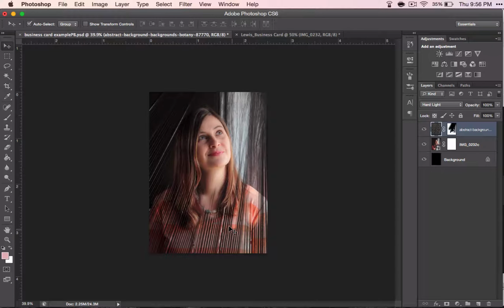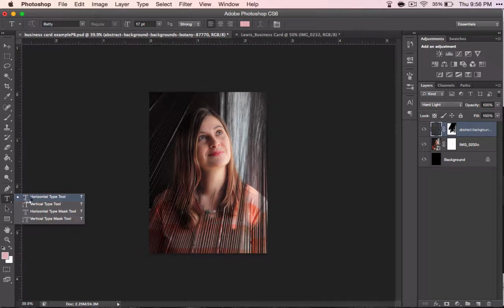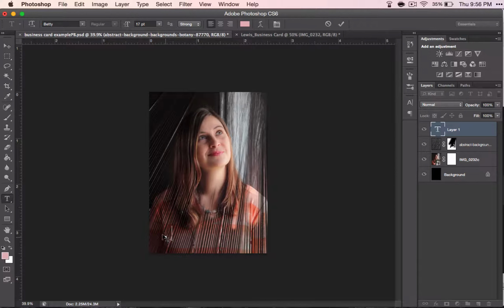Now for your text tool. First, select the type tool, and if you look, you've got 4 options here. I will talk about the first 2, and if we've got time, I might go over the last 2. The first one is a regular old text tool, and if I type, then it will go horizontally. The second one